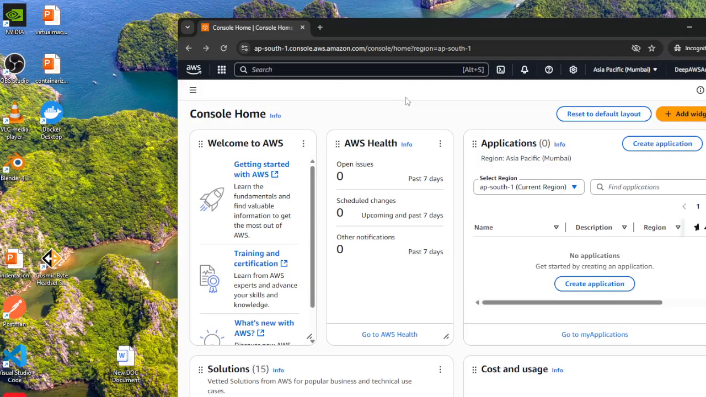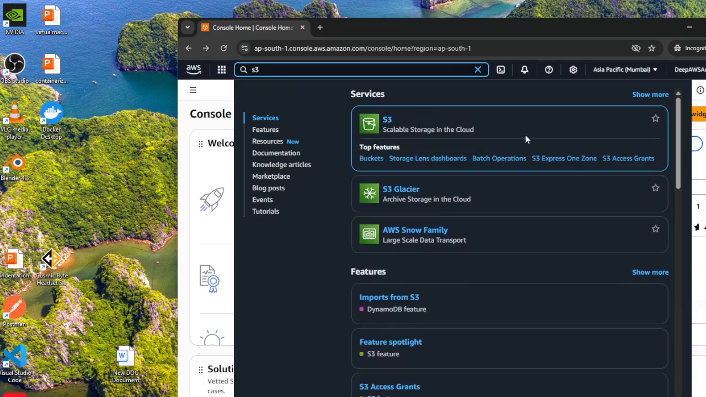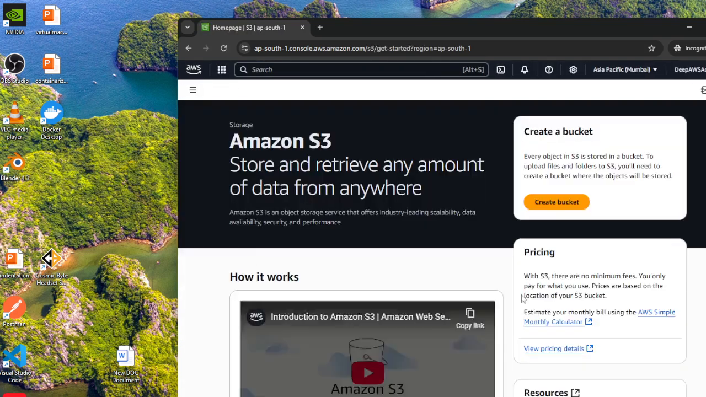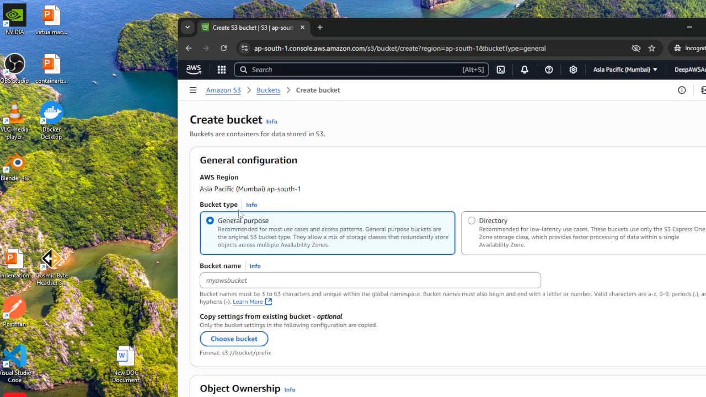So first you need to log in to console.aws.amazon.com, and post successful login you will see this dashboard page, which is the console home page of AWS, and here you can search for the S3 service, and it will show all the relevant services which are available related to S3. So we can choose the first one, which is the scalable storage in the cloud, and we can simply click on this S3 service, and here we need to click on create bucket,